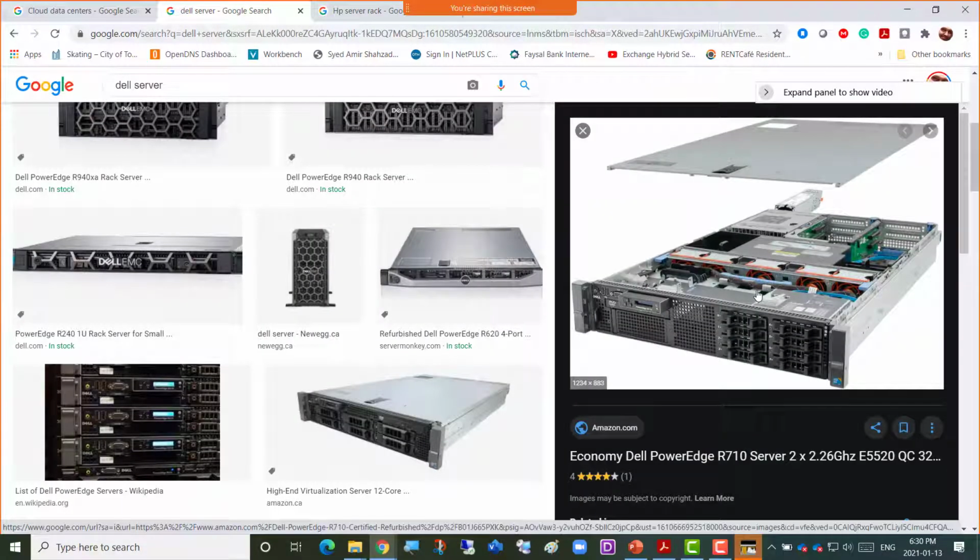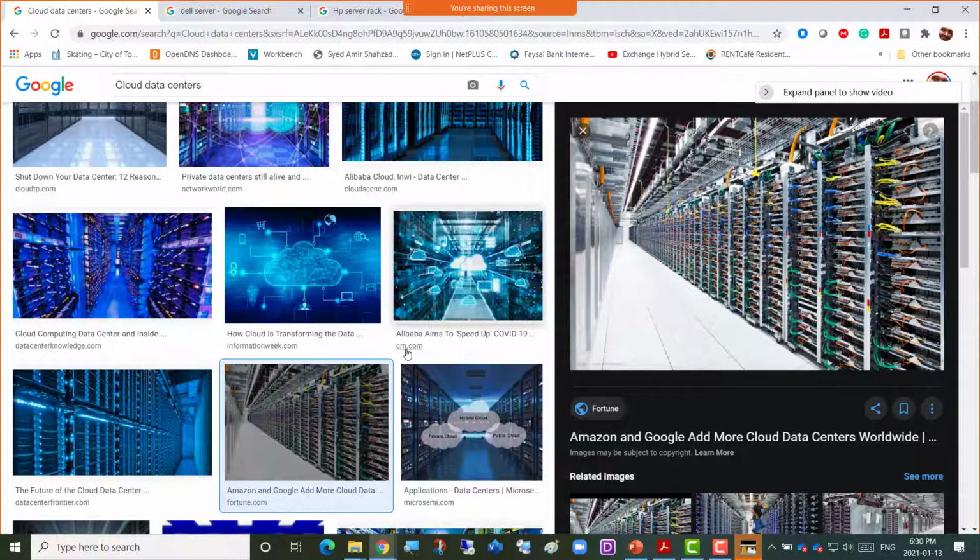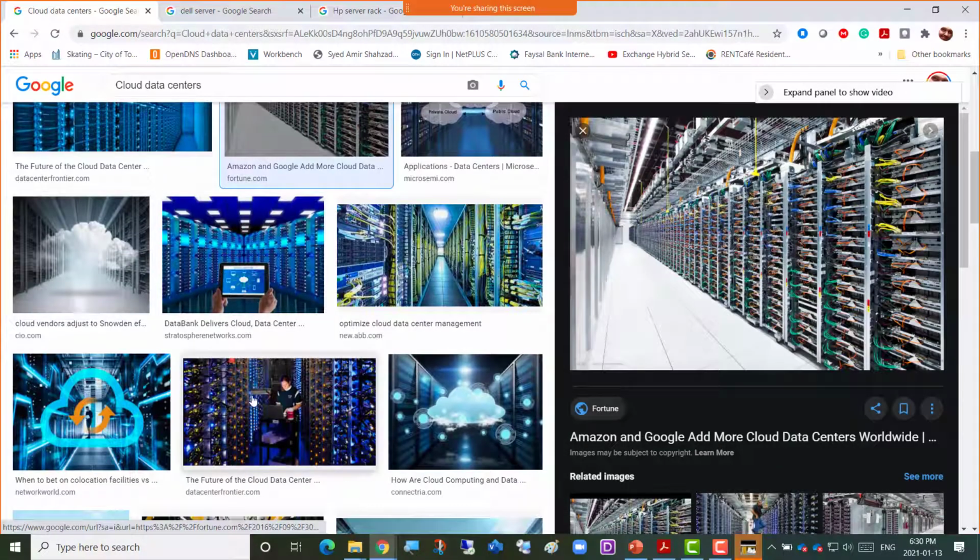Now Amazon has a huge number of data centers, and we get to connect to those data centers. These are all the racks there, and these are all either Dell, HP, or other physical servers.